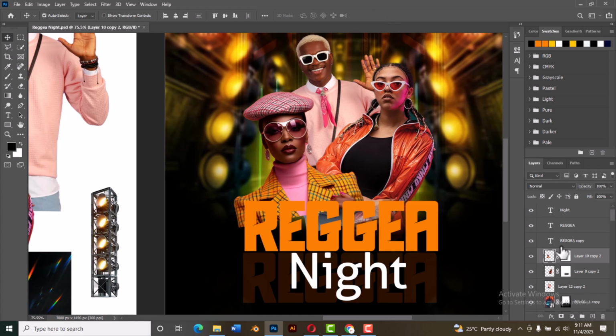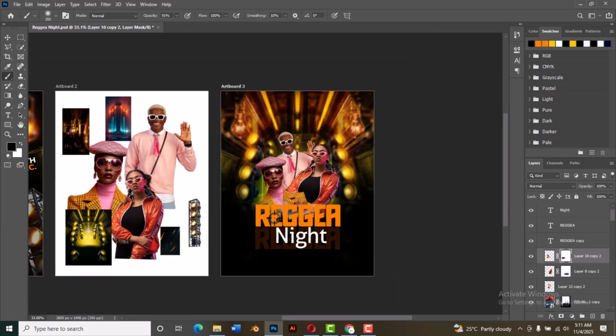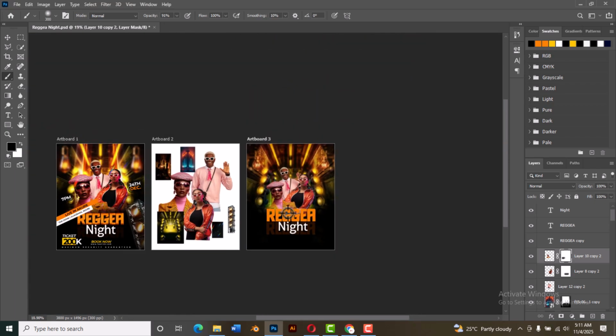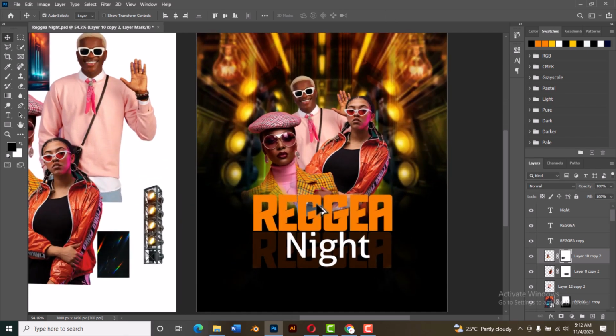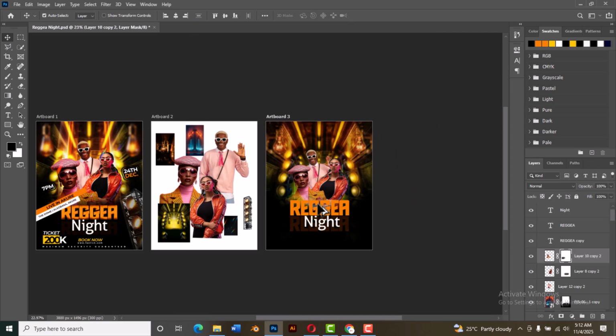Let me add layer marks to it. I think it has layer marks already. Let me just take this part away so that I can blend it with the background and all that. Let me reduce. I think it's okay like this. I can increase the size a little bit somewhere here. You can check. Now the next thing I'll be doing is that